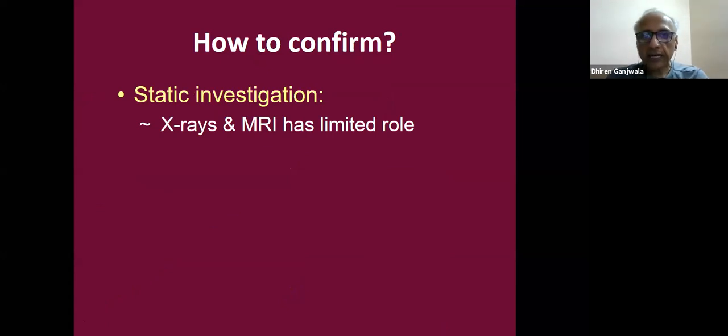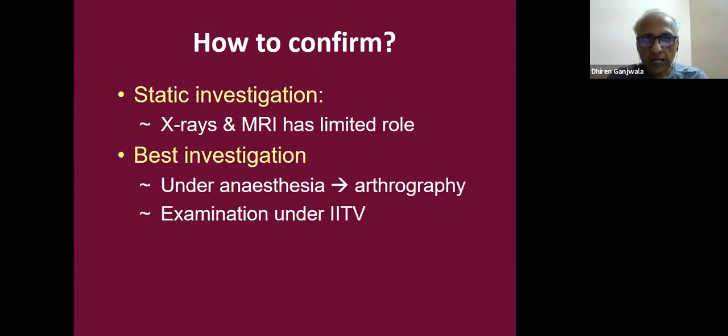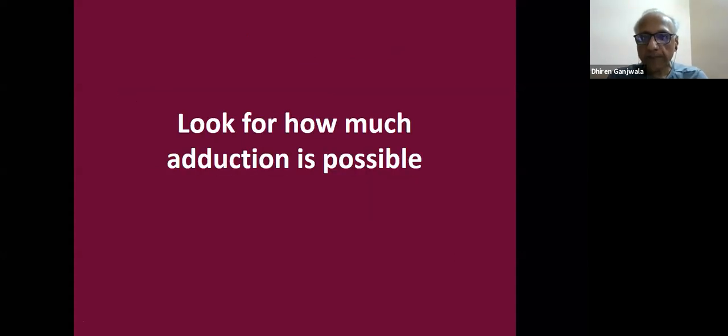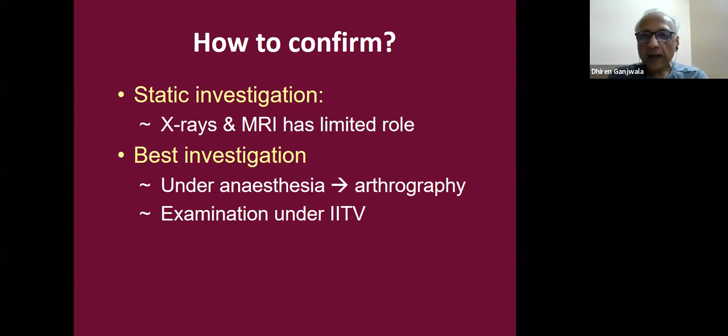The static examinations like X-ray or MRI have a limited role, because in hinge abduction we want to see whether there is a medial joint opening on abduction. So for that, the best investigation is a dynamic investigation. And for that, we need arthrography and then examination under anesthesia. Under anesthesia, the patient's muscles are completely relaxed. We put a needle, we put a radio-opaque material or contrast, that's called arthrography, and then we examine under image intensification. So that is for the confirmation. And then how we go for the treatment, that is what we are going to see next.